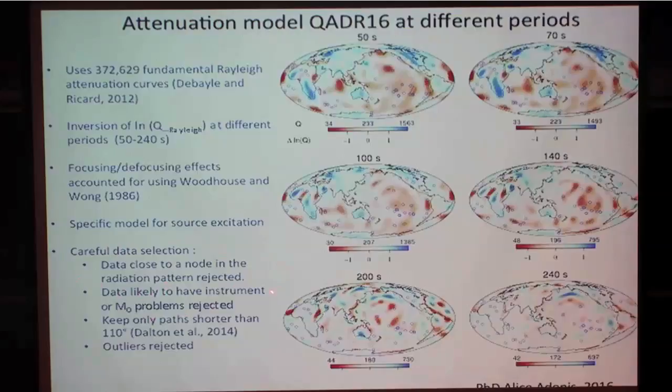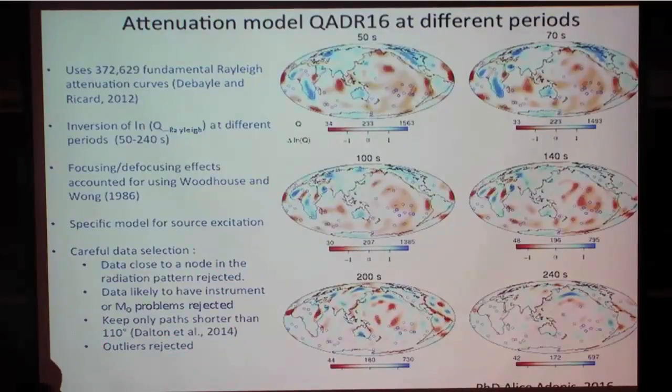We reject data that are likely to have instrument problems, or we also reject data for which there is likely to be a problem in the seismic moment, scalar moment. And finally, we keep only short paths. It's a question of the validity of this approximation. So at the end, we start with 370,000 fundamental mode Rayleigh wave attenuation curves that we published in 2012. And we've got roughly 200,000 paths, a bit less than that, at the end of this